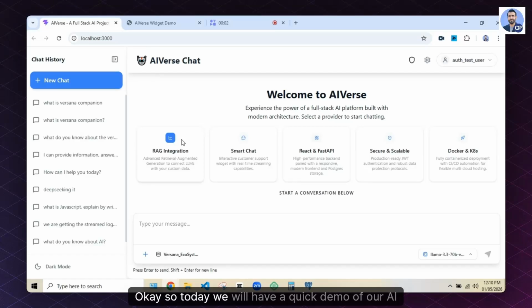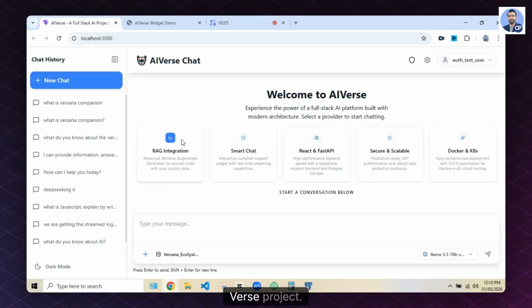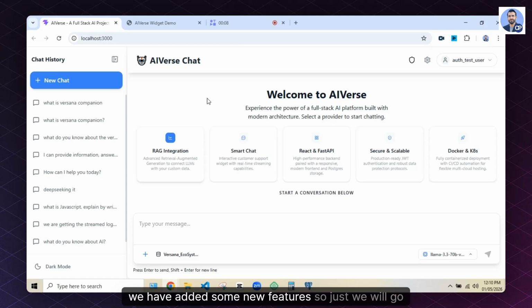Okay, so today we will have a quick demo of our AIVerse project. We have added some new features, so we will go through each. So this is the main functionality that we have already explained, and mainly we have added a new feature which